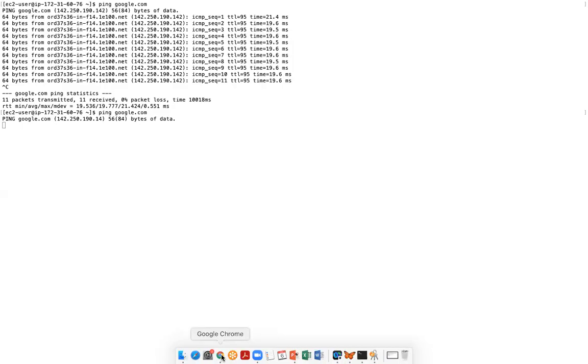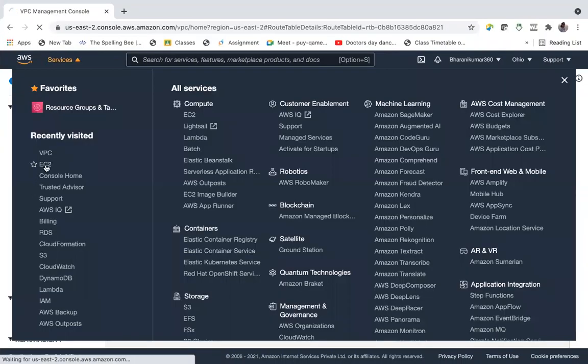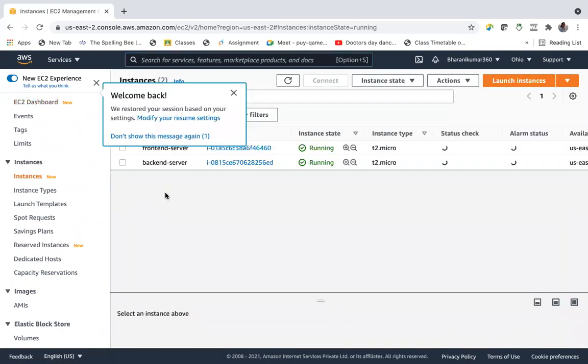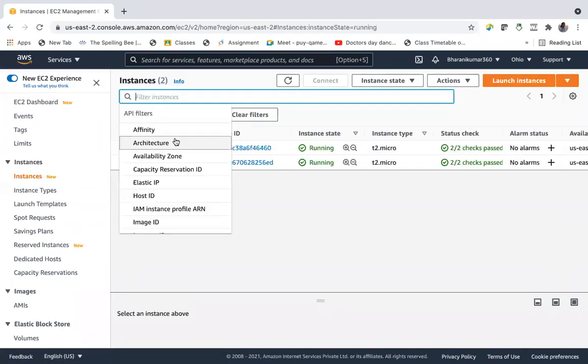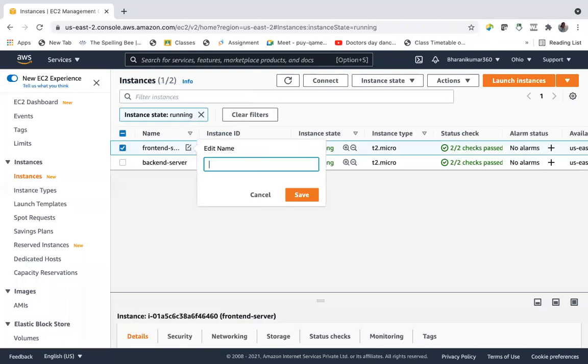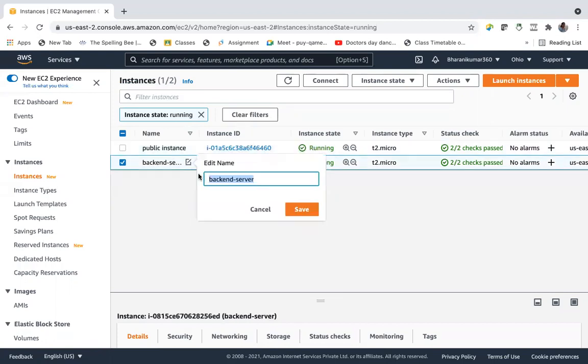Let us go here, go to EC2. Now I don't call this a front end server. We are talking about a different scenario. This is just a public EC2 instance. And then we have the backend server.